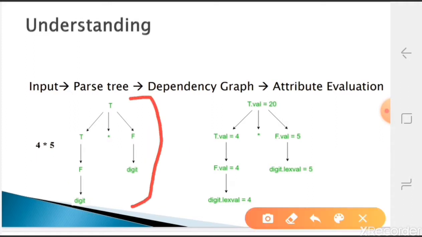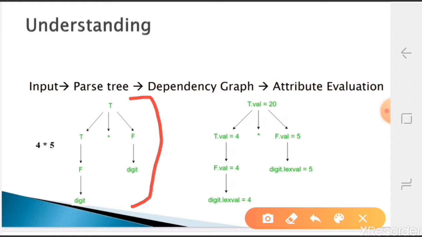Whatever parse tree is there, you should have some property to evaluate it. That property we call an attribute. Along with the parse tree, some attributes of each grammar symbol will be there.